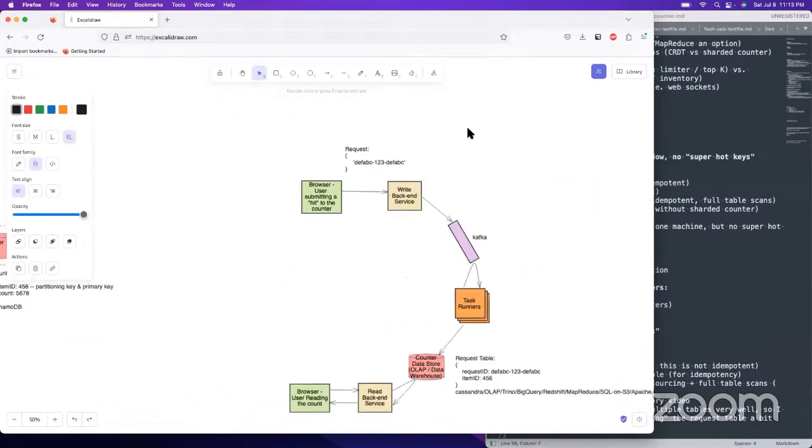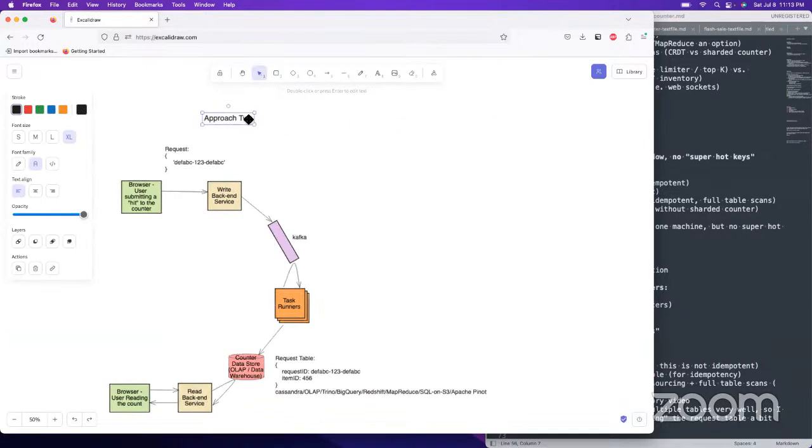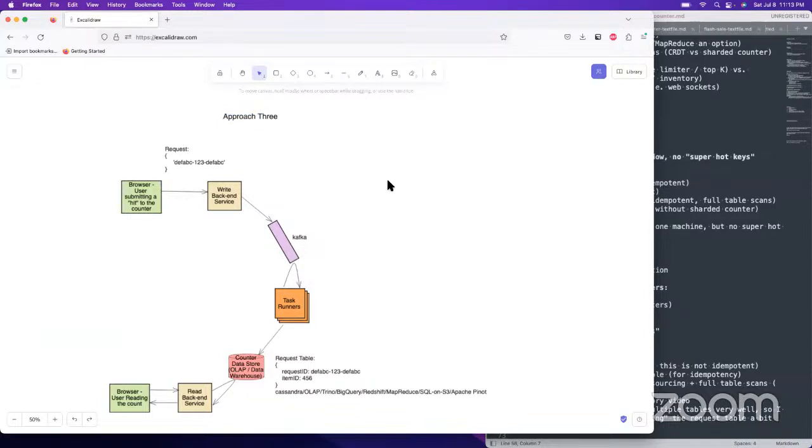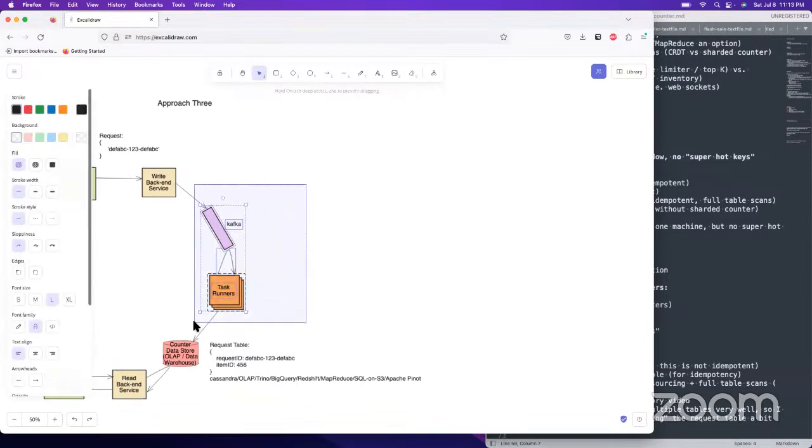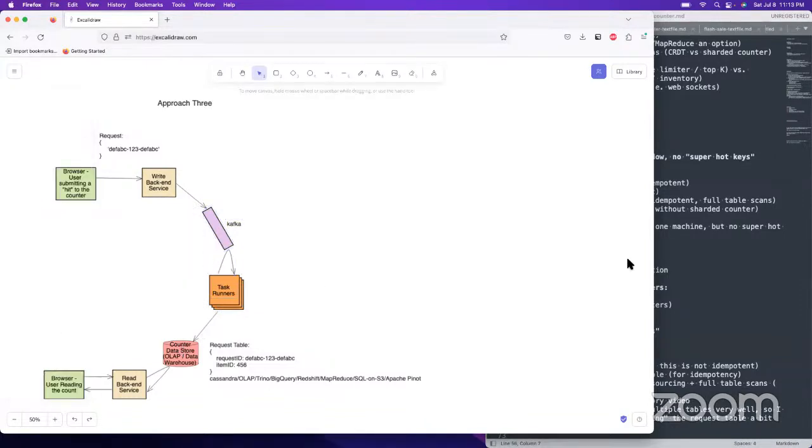I'm going to copy this, and then we're going to label this properly like that. Then I'm going to check for any comments in the chat. Yeah, there's our approach 3. There might be a way that you can just pop this out and delete it. I have it there for higher availability just because OLAP's not necessarily known for being the best availability. And that's why I think it's a good idea to have it there. All right, let's look at the chat.